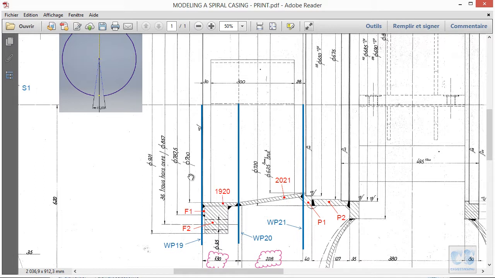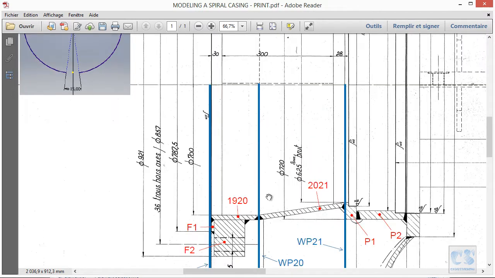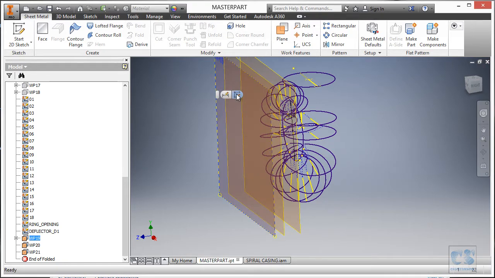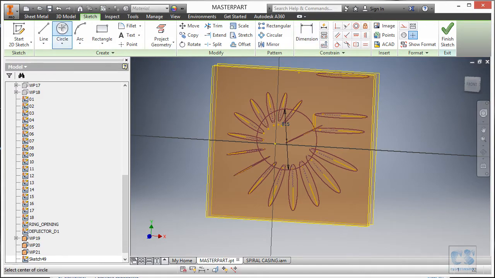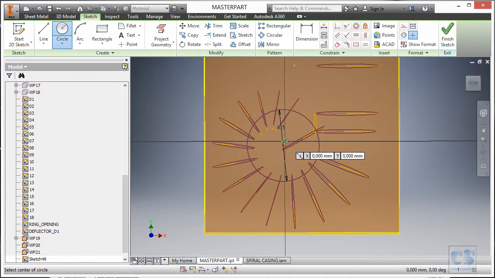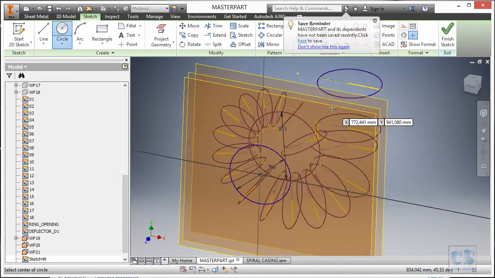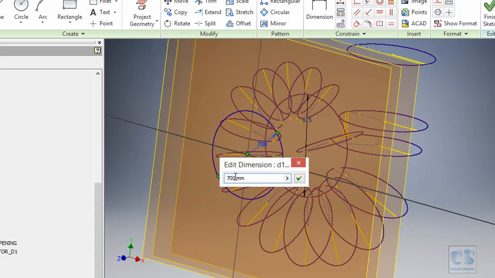Okay, now we will add our usual arc with the two lines to create the profile for the sheet metal components. So the diameter will be 700 millimeters, and we will start the first sketch onto this plane. So we select it and create sketch. We use the circle tool as we did before, and we will input 700, and maybe I should rename this diameter as outlet diameter,